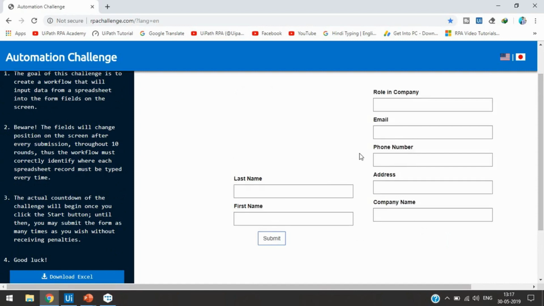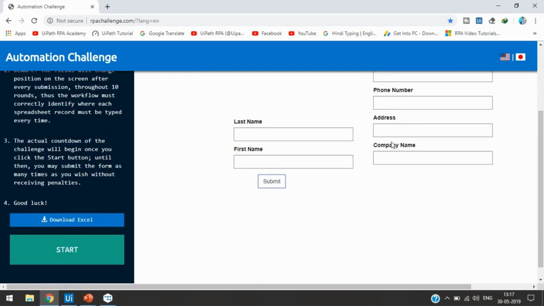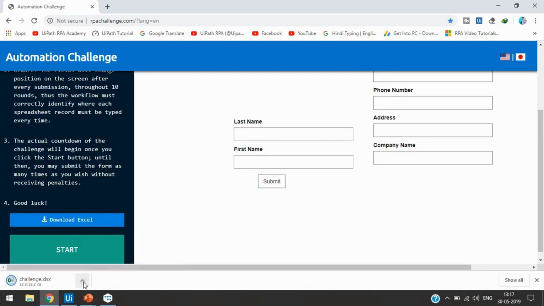So how can we automate this? We have the UI Explorer window, an advanced tool, and we can use that tool to modify the selector and make this work possible. So we'll click on this download Excel and we'll download this Excel file,